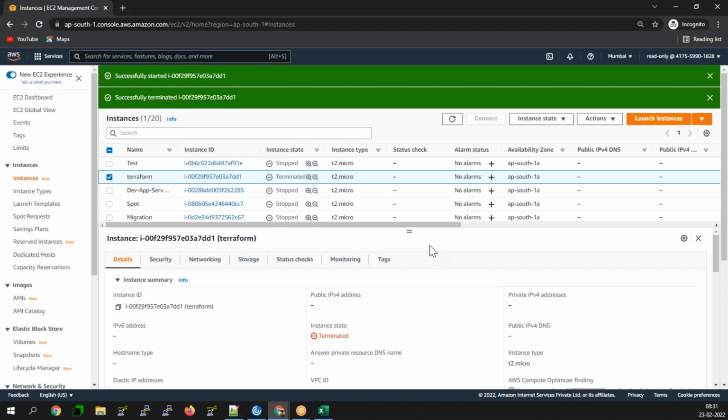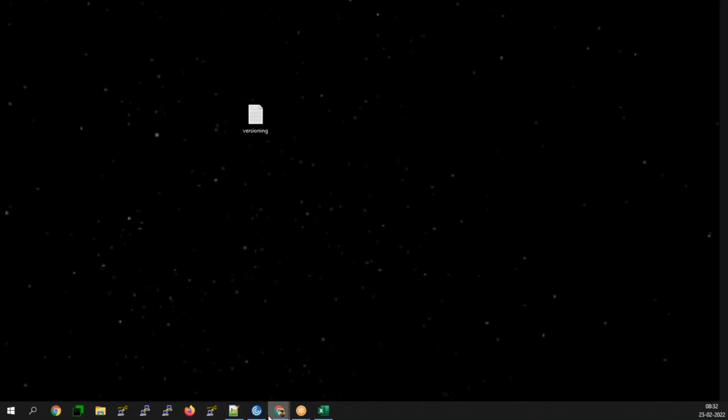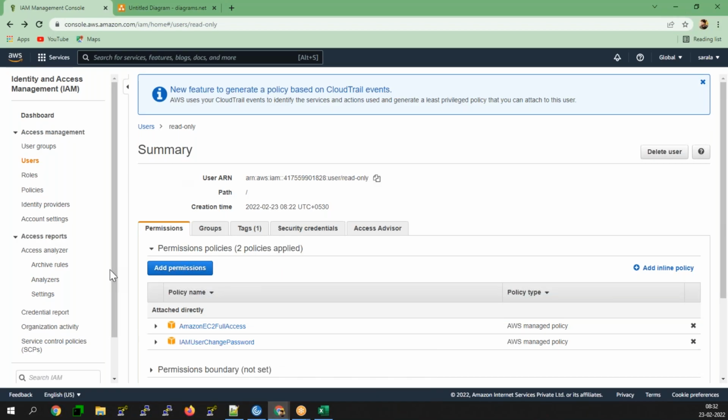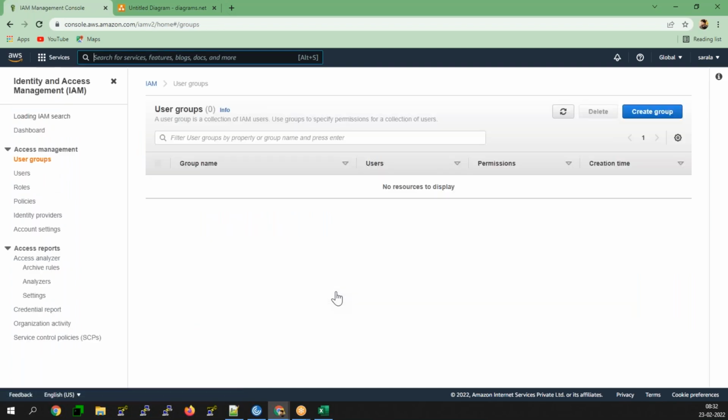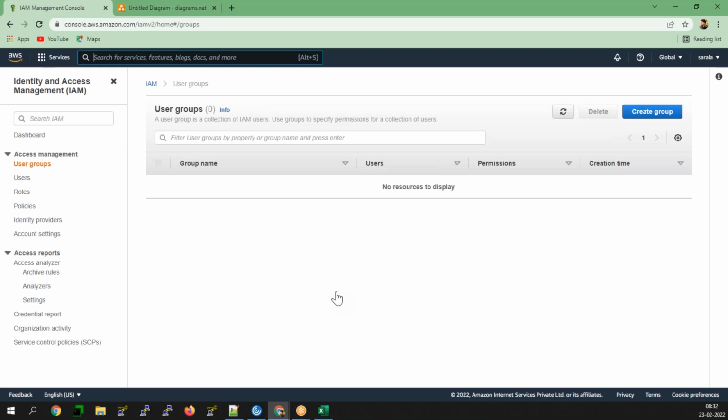So now I would like to go with the group approach. Let me create a group and add the user to the specific group. This is all being done with the admin user. I'm going to click on user groups and create groups: one is the admin group, second is the power user group, and third is the development group. Am I clear on this?